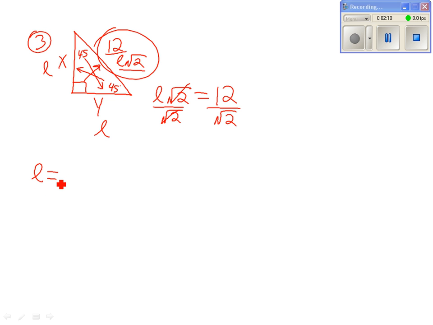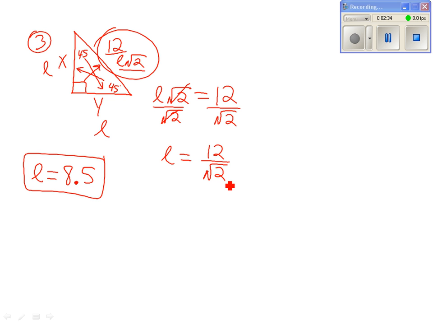12 divided by the square root of 2. 8.48. So we'll say about 8.5. Now is that an exact answer? No, we rounded it off. To get an exact answer, I'll show you how to deal with the radical again. To get an exact answer,